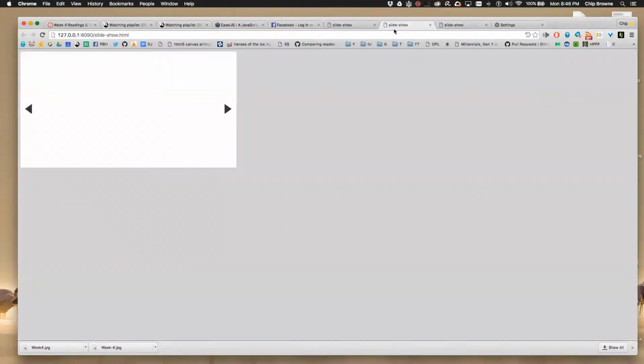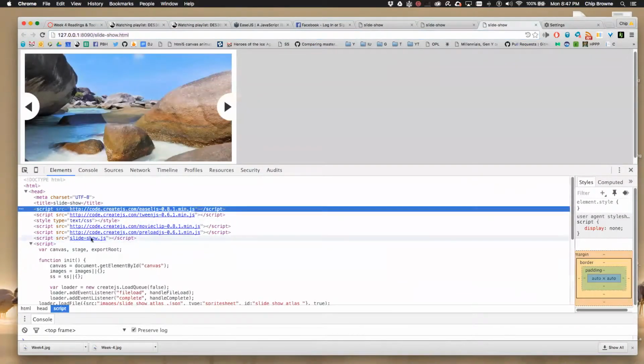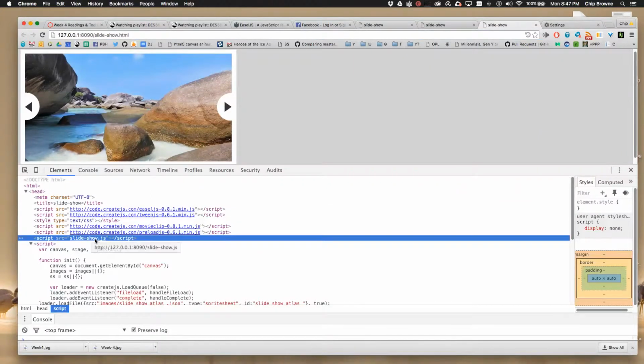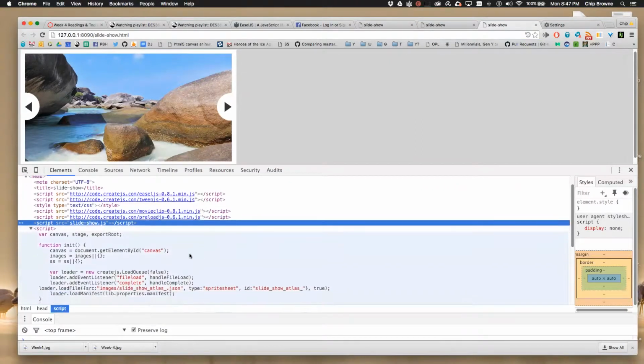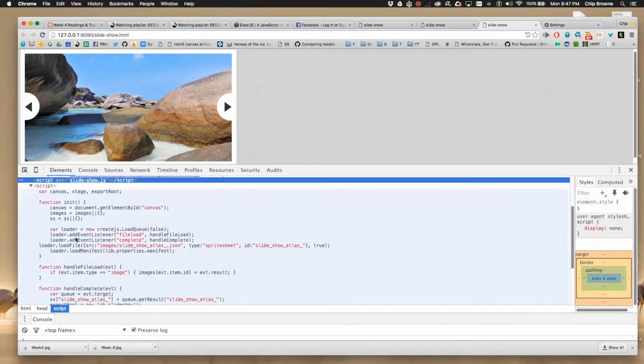So the good news is you don't need to worry about all of that, because the company, the Create.js company, created these files. We access them, and here I'll show you in this slideshow.js, we can have our own JavaScript file. And here is some JavaScript that's going on. So this is the one that, again, you're not supposed to edit these. And that's the one thing. If we're going to use the Adobe Flash tool, we're going to have to take its output as it is,